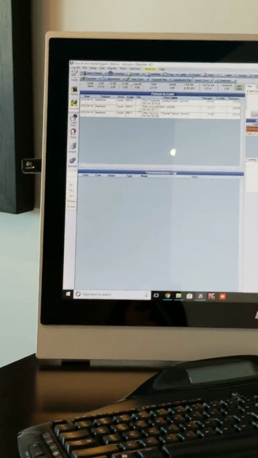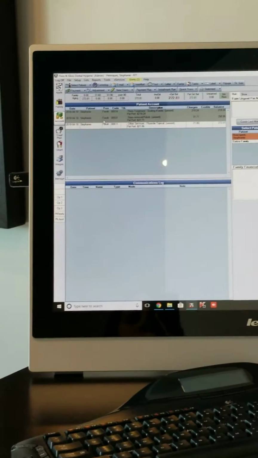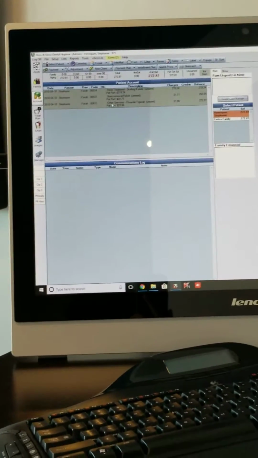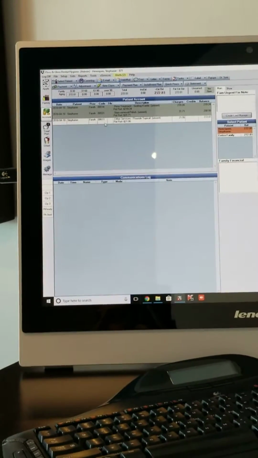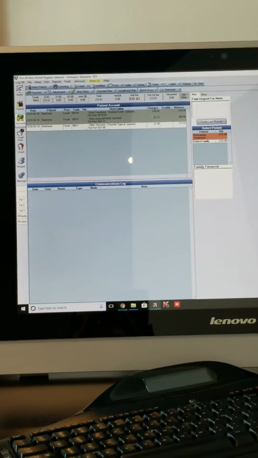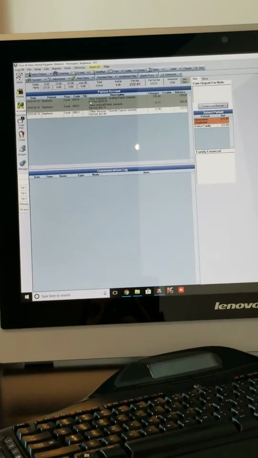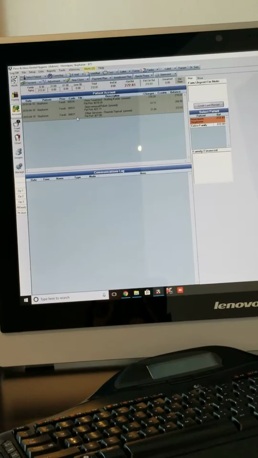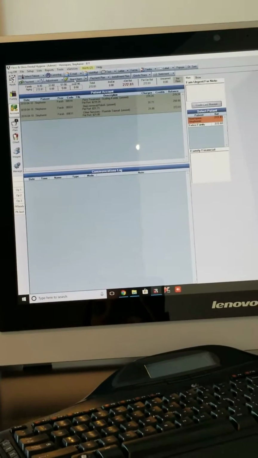right? So same kind of idea, anything that's marked in gray is what's going to be sent. So if I only wanted to send this, let's say I did the fluoride, but I can't charge for it, but I want the code to sit in there anyways to show that I did fluoride, then I'm only going to highlight my units and my polishing, okay? So you just highlight by dragging, you click and drag,